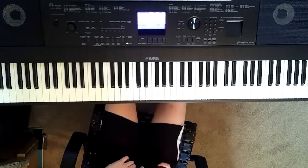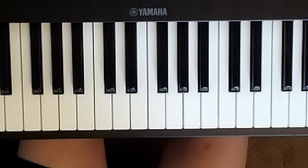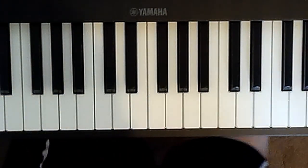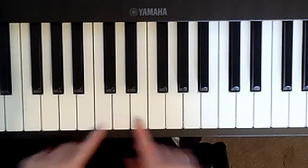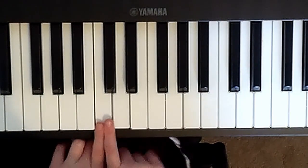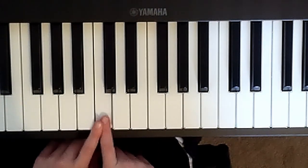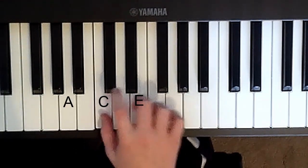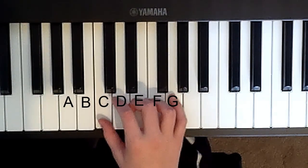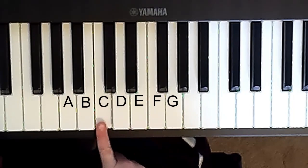So the first thing that you'll need to know on the piano are the keys. The keys have, let's say, letter values. I want you to first find this key, the middle key on the piano. It may not look like the middle because my camera is not perfectly centered, but this is middle C. This note right here, smack dab in the middle. Once you've found this note,